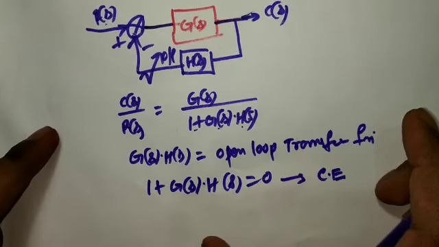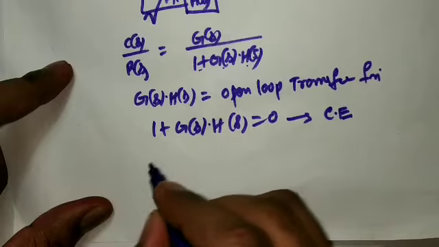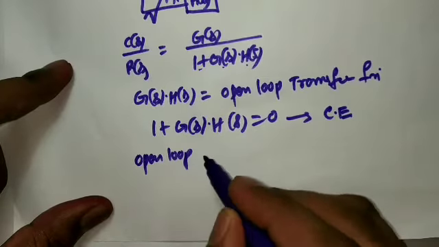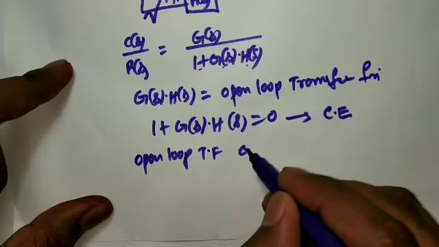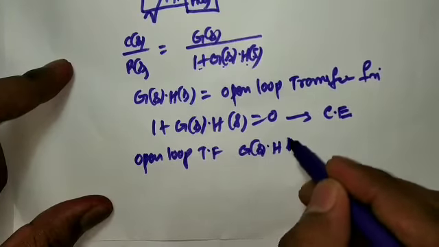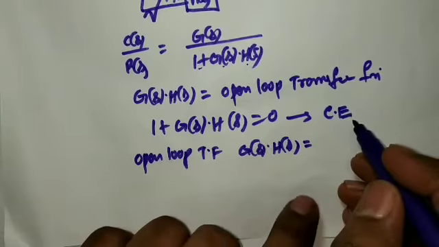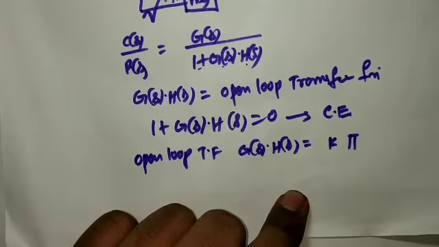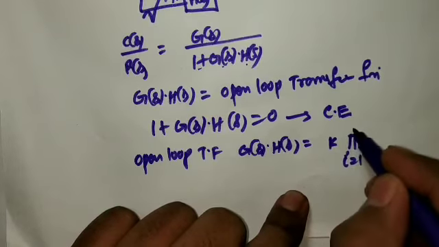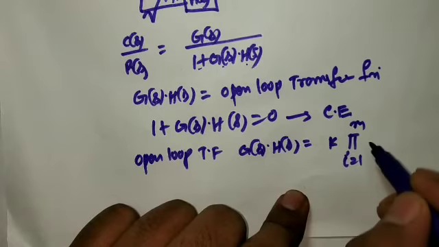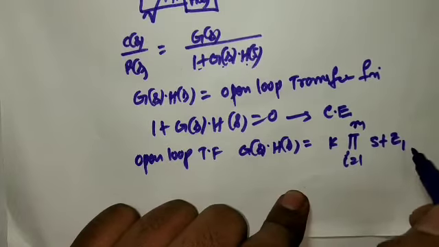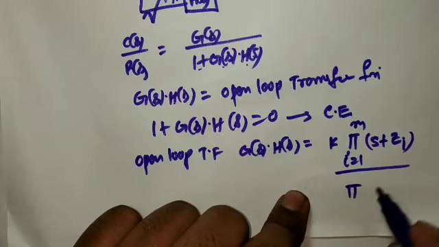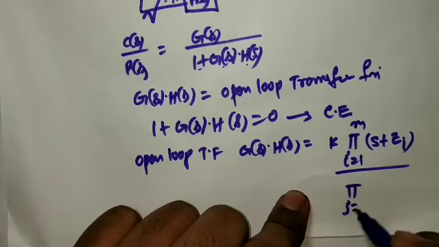So when you take this open loop transfer function, that is g of s into h of s, I am going to write k times the product over i is equal to 1 to m of s plus z i, divided by the product over j is equal to 1